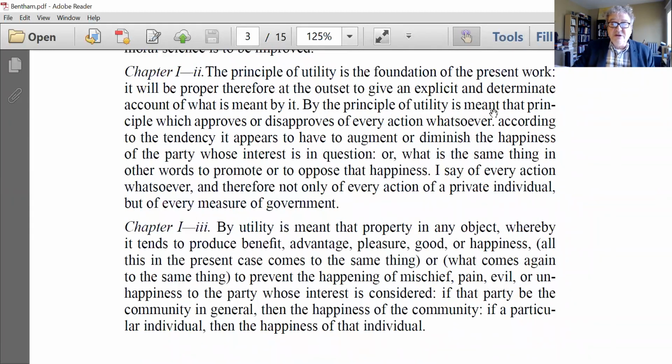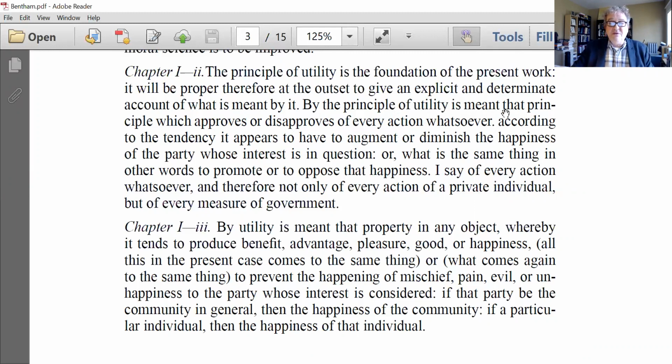By the principle of utility is meant that principle which approves or disapproves of every action whatsoever. By the way, sometimes he uses the terms approbation or disapprobation. Those words are synonymous with approves or disapproves. Approves is synonymous with approbation, disapproves is synonymous with disapprobation. Okay, so the principle of utility is meant,